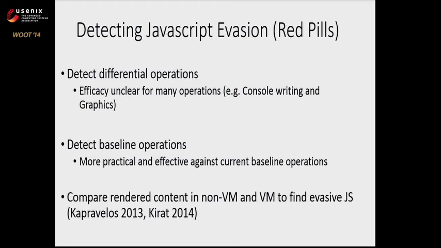And the idea here is that you can render your web page in a non-VM and a VM, and you can compare the rendered content and the system state against each other. And if there is a significant difference between the rendered content or system state, that's likely indicative of some sort of evasive behavior or different behavior by JavaScript in a VM and non-VM. And so to conclude,